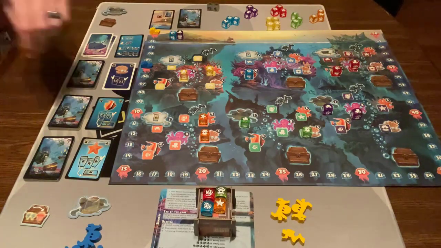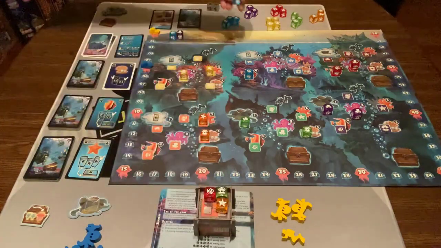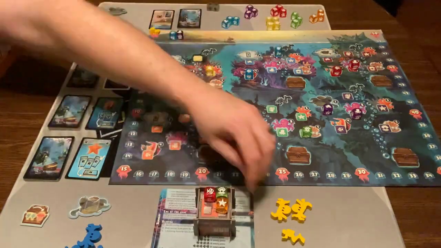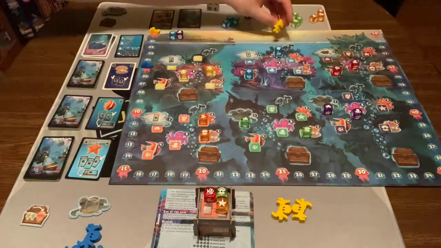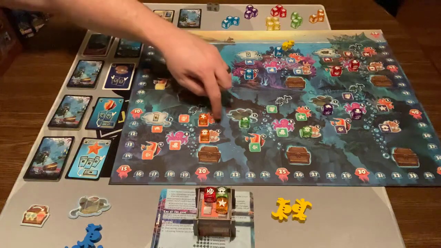Okay, I'll go ahead and do this. So what they're going to do is take the diver, which is this die, and put it up here. Then they're going to take their diver and put it up here. At the end of the game, the diver is going to score based on how many points